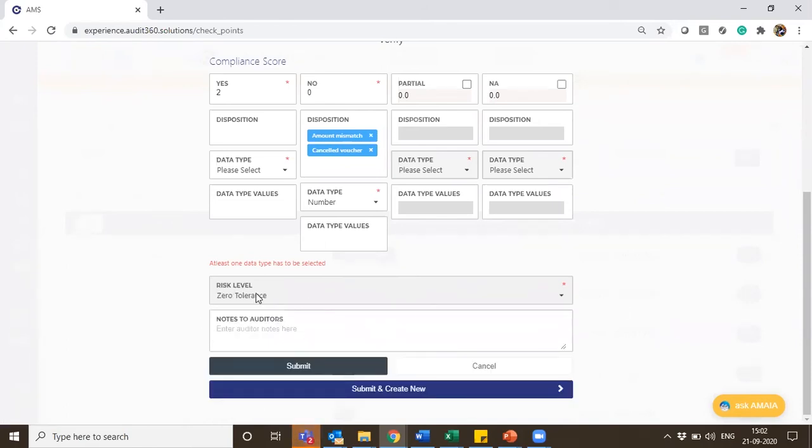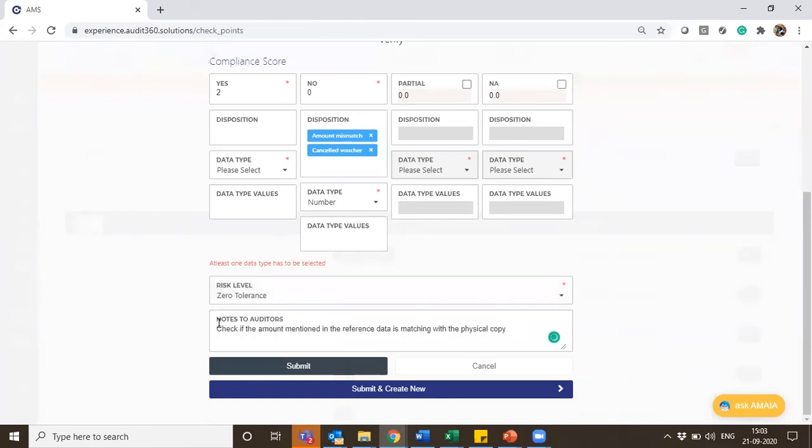Now you have one more section called notes to auditor. So this notes to auditor is a placeholder where you can set instructions for an auditor on how this particular checkpoint can be verified. So here you can have a very long text which gives complete notes which are to be referred to, or the instruction on how it needs to be checked. So it becomes a ready reference for an auditor, and he need not keep calling if he is a new guy. He need not keep calling his senior and keep cross questioning them. How do I do this? Do I have this? All that can be managed here.